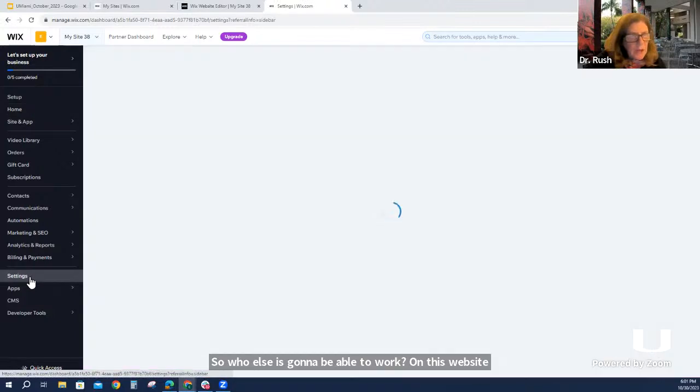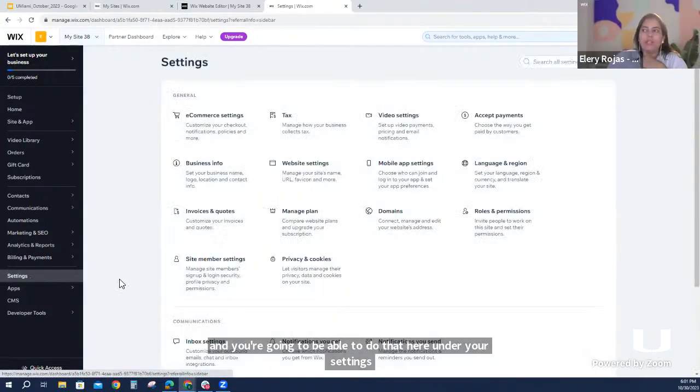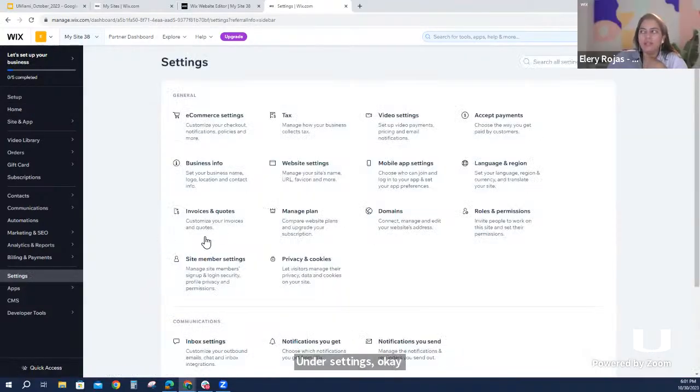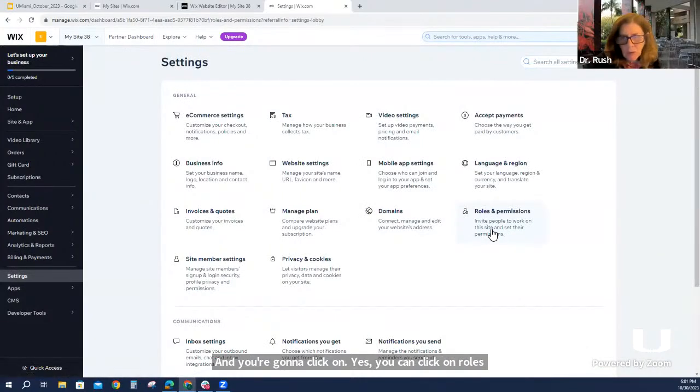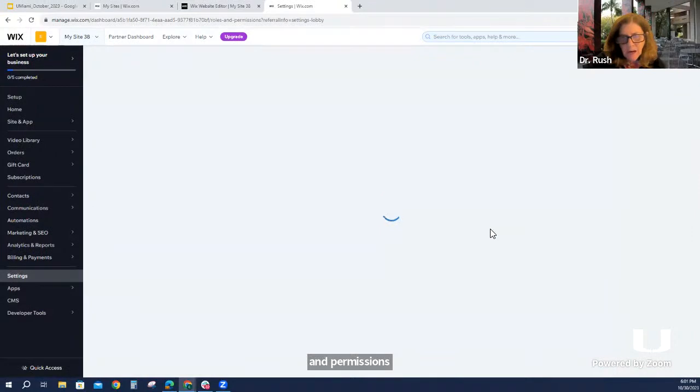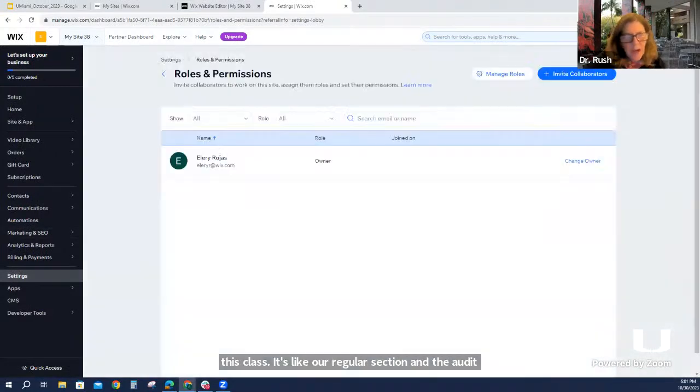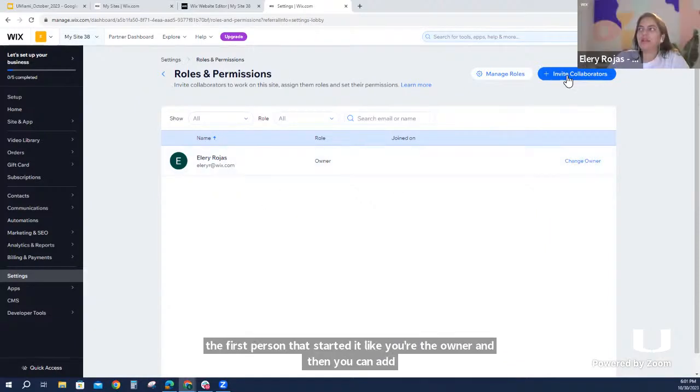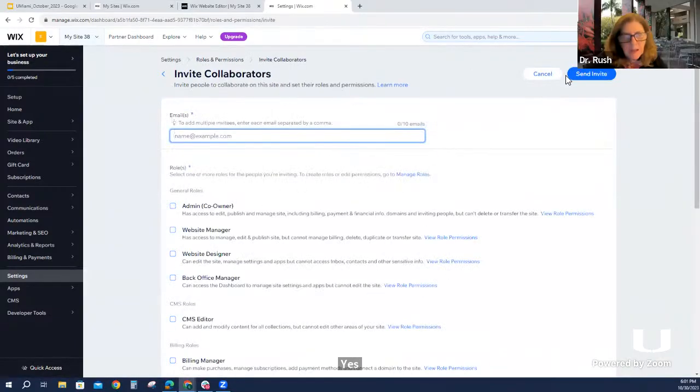Under settings, okay. And so on the back end, you're going to click on settings, yes, and then you're going to click on roles and permissions. We've always talked about roles and permissions in this class. Here you have the owner, the first person that started it. Ellery, you are the owner, and then I add my contributors.